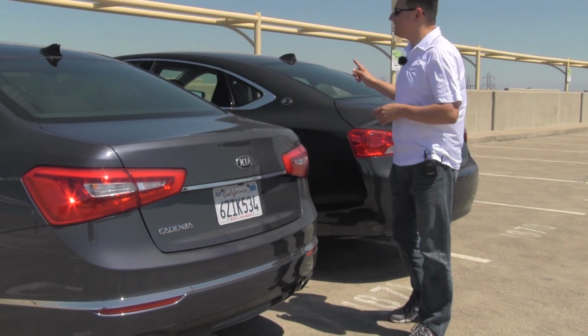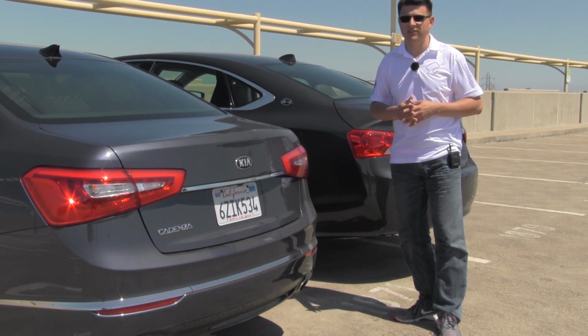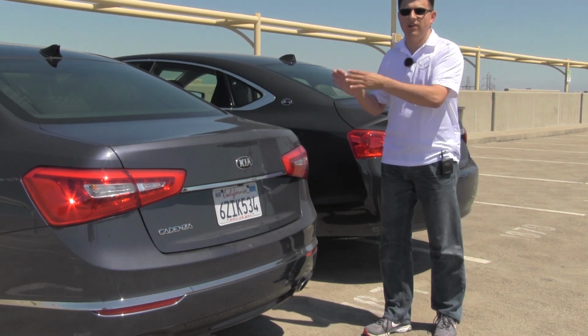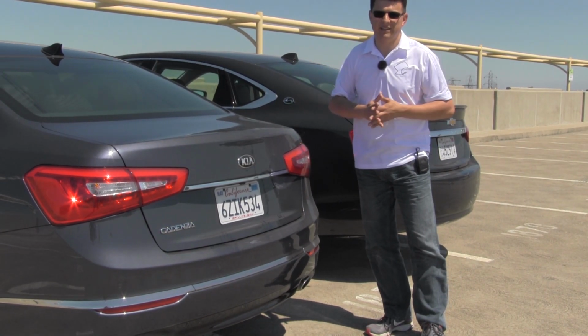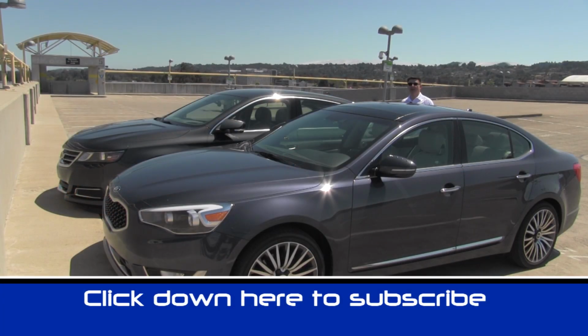The Chevy, however, does have an incredibly large back seat, an incredibly large trunk, and those rear seats fold. So if rear seat passenger comfort is more important to you than just solely driver comfort, then the Impala is definitely the winner. But for me, I don't really care about the rest of my passengers, so my money's on the Cadenza. Out on the road, the Impala and the Cadenza are very well matched with one another thanks to